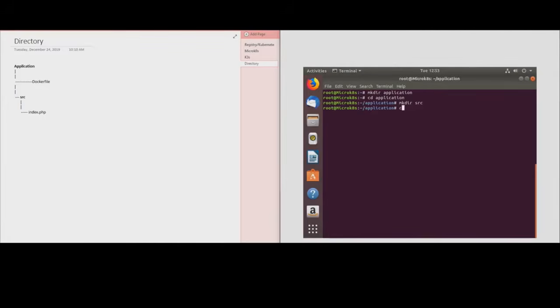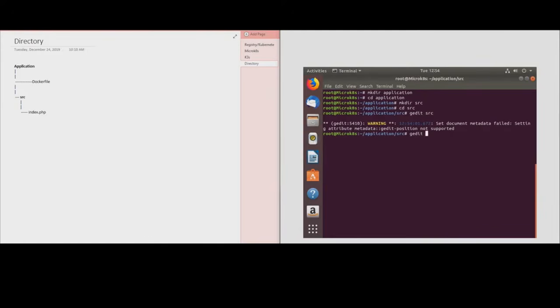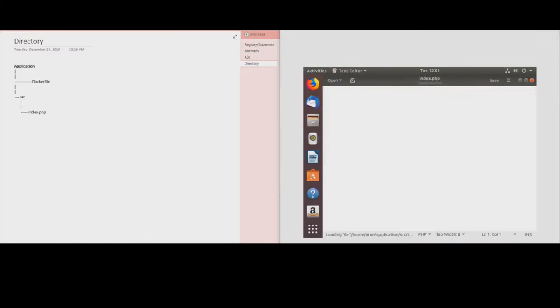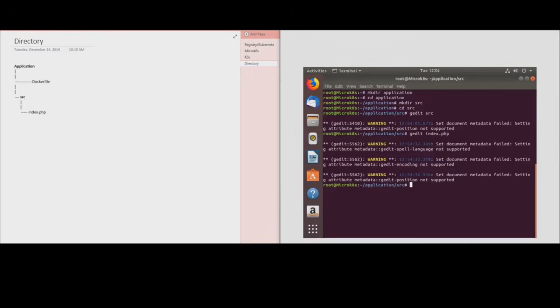and so I'm just gonna create, with gedit, index.php inside the source directory, and just be typing a simple PHP script to echo, let's say, hello YouTube. I'll save this file. Alright, so